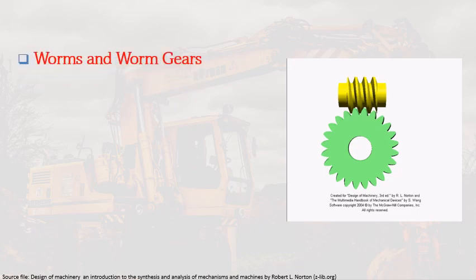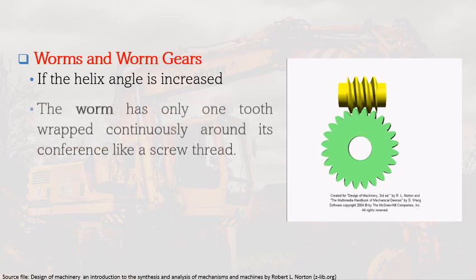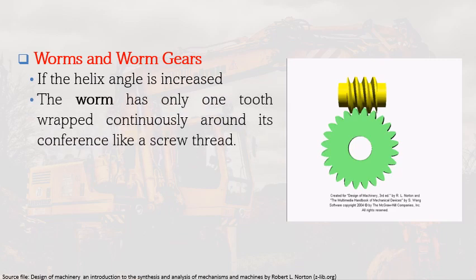Then we have worms and worm gear. So this is the worm, and then we have here the worm gear. If the helix angle is increased, then we can obtain the worm and worm gears. The worm has only one tooth, as you can see here, but this tooth is wrapped continuously